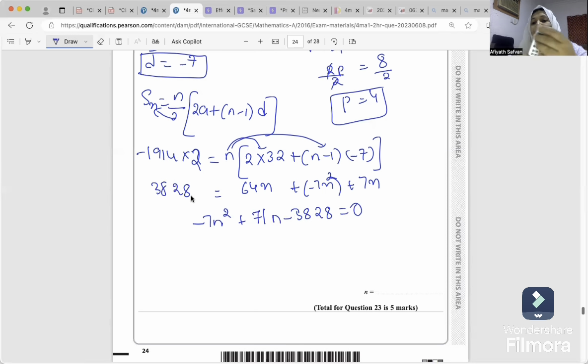So you can use the calculator and go to the function mode. Okay. And change the mode to the quadratic function 5 and then choose 3, which is minus 7 and 71 and minus 3828. Give all your ABC values into the calculator. So you will get